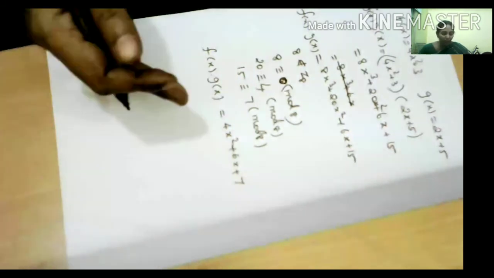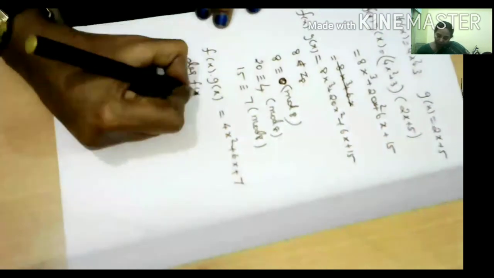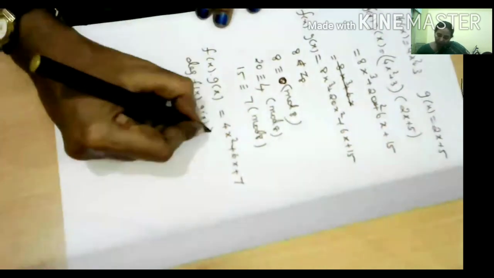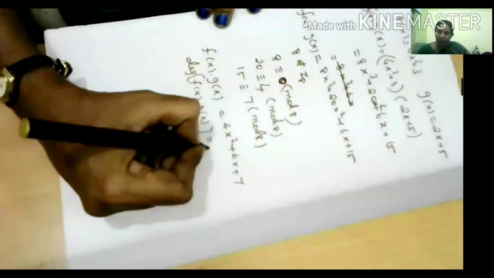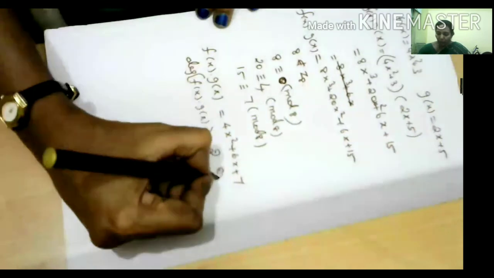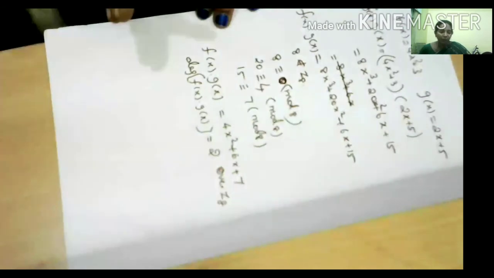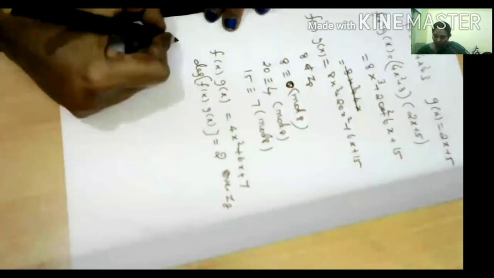Therefore, what is the degree of the polynomial? The degree of f of x into g of x: the leading term is the x square term, so the degree is 2 over Z8. This is the answer for the degree of the given polynomial f of x into g of x. So now the third question is